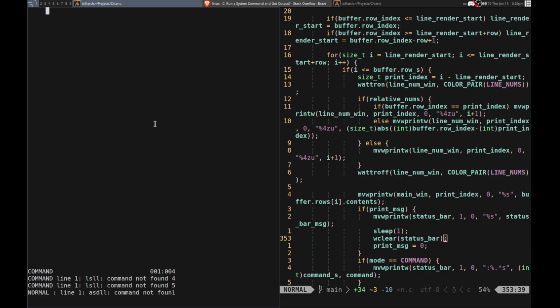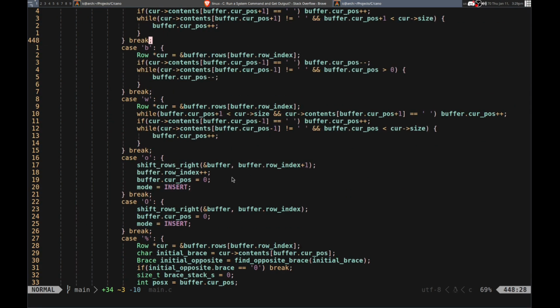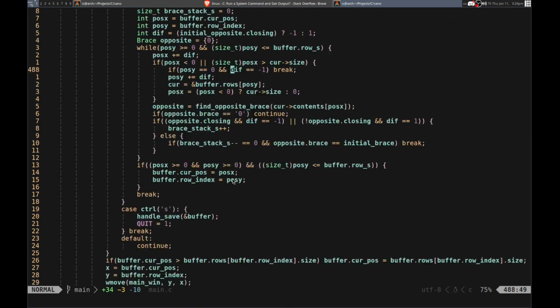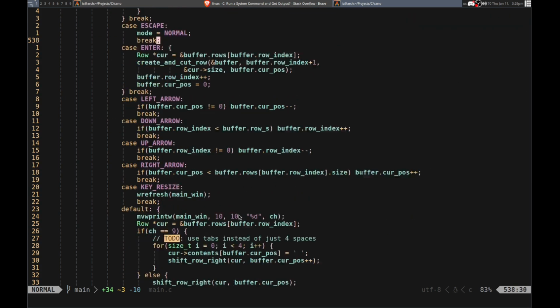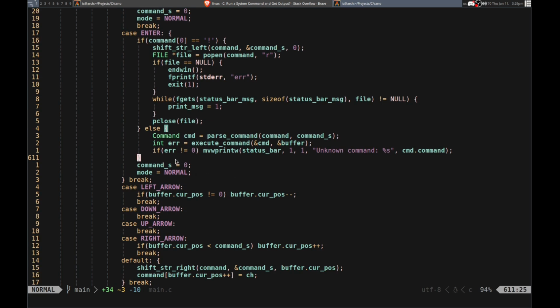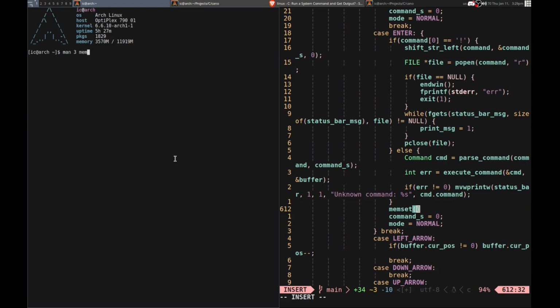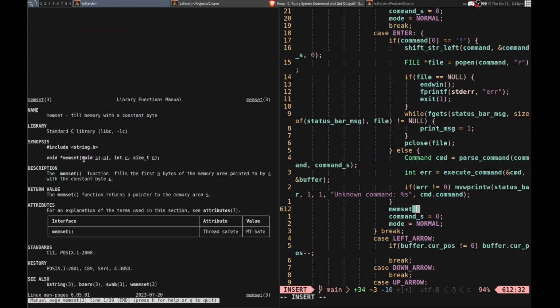Also, the command needs to be reset. I'm not resetting it properly. We need to basically zero initialize, or fill it with zeros, essentially, is what I'm trying to say. After we execute it, we have the size equal to 0, but we also need to memset. Let's see how memset works. Alright, so yeah, we want to put it in here. Use command 0, and then